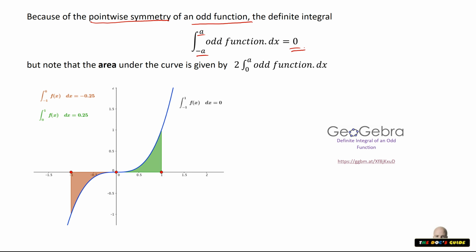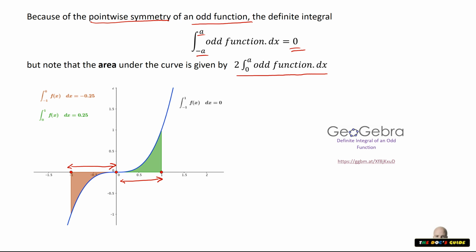But if it was the area under the curve that we wanted, we would have to take twice the integral from 0 to a of the odd function. Or I suppose you could say twice this integral, but make sure you took the absolute value of that. So we'll have a look at that on GeoGebra, and while we're there we'll have a look at the even